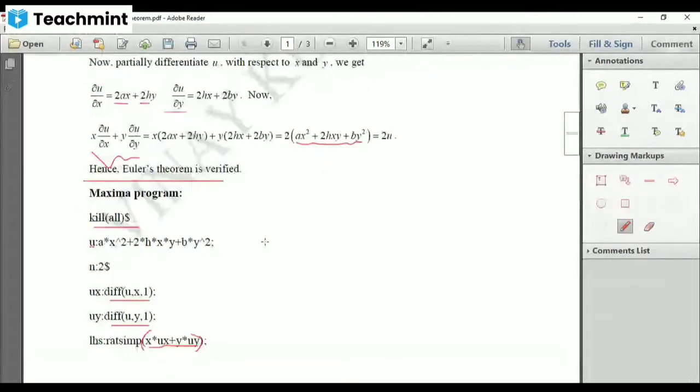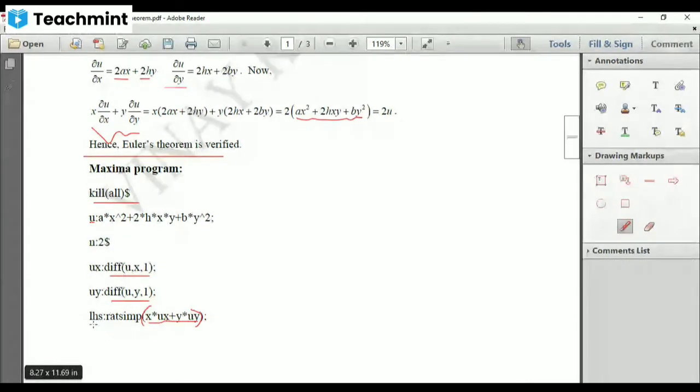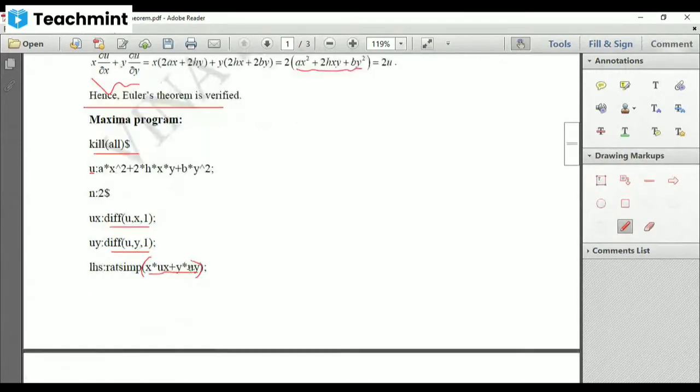If you are not going to use ratsimp, it's not going to simplify this one, and in the end, it may not be possible to get the required answer. So it's always better to use ratsimp. LHS colon ratsimp(x into ∂u/∂x plus y into ∂u/∂y);